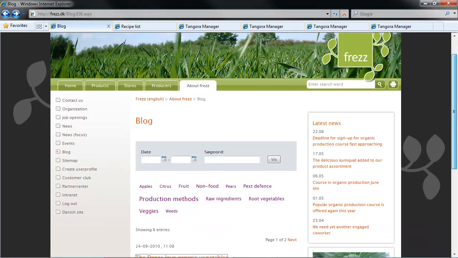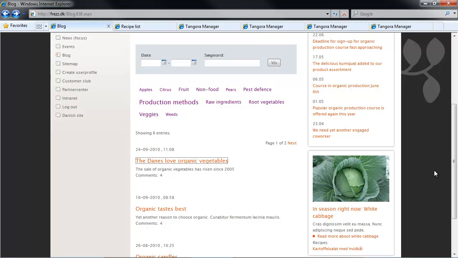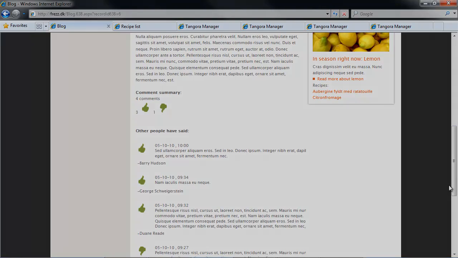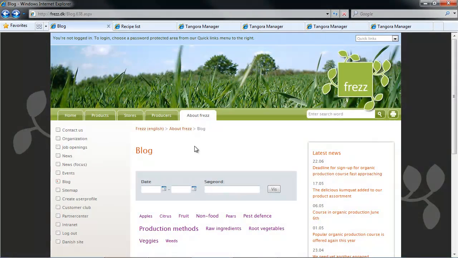The blog and feedback module has two aspects, as suggested by the name. First, you can create blogs in your site with all the features you'd expect from a blog. And secondly, you have the ability to allow your website's visitors to give feedback to your blog, but that's just the start, because the feedback aspect can be applied to any aspect of your site that you'd like. For example, they could be articles, pages, or products.